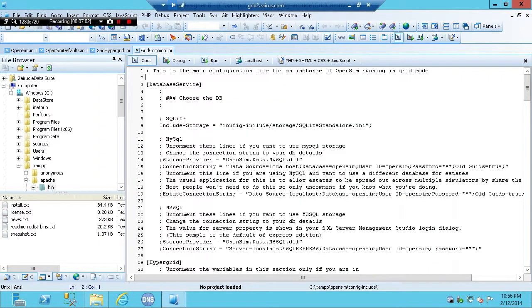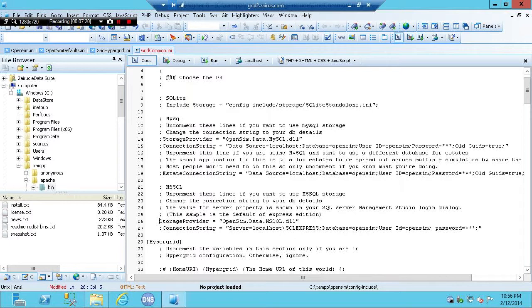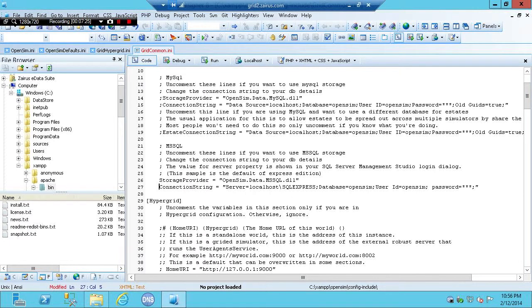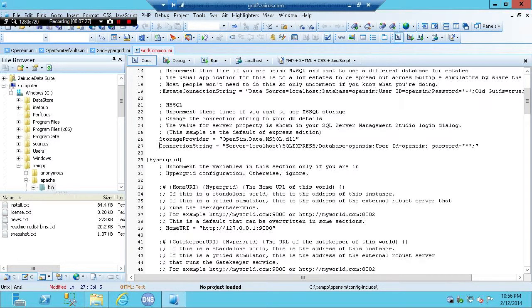I just opened this one, and this is the storage, and it is using the SQLite, but I'm not going to use that. So this is going to be SQL Server. The storage provider is going to be OpenSim data SQL, and the connection string, I'm just going to change this to,